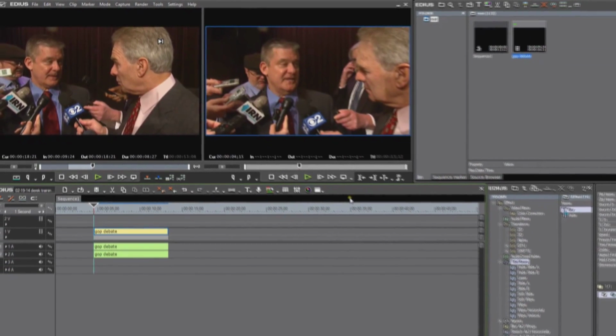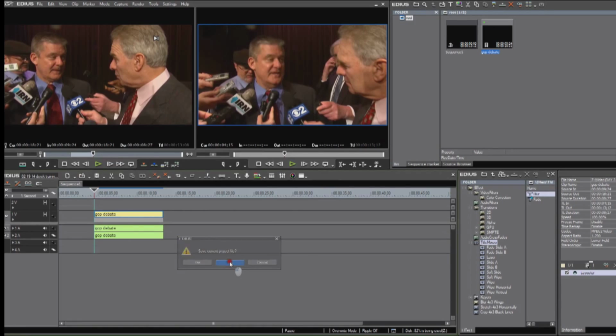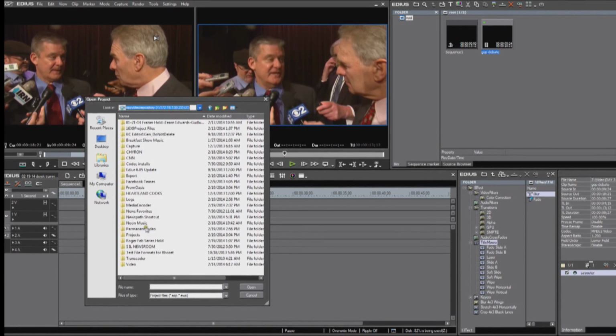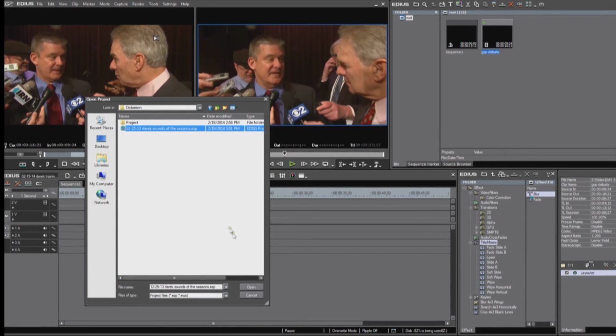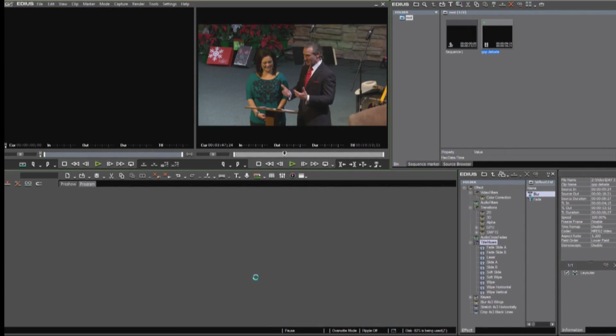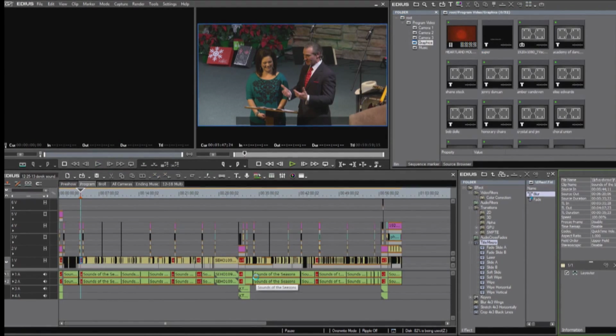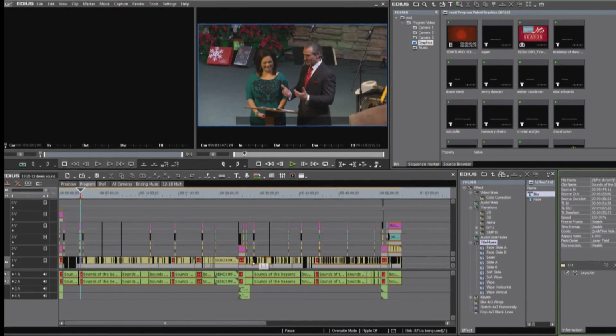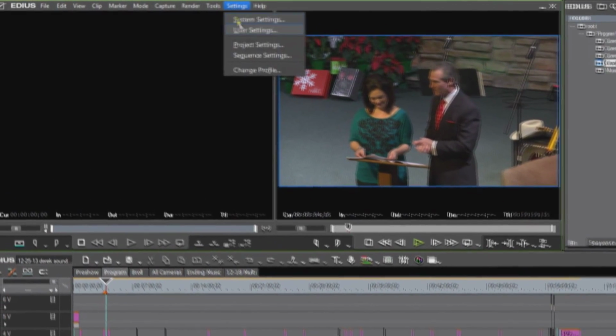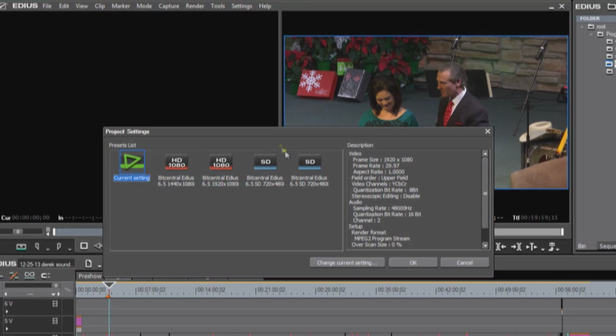Next I'm going to open a project that I already know is an HD project, and I'll show you how to change the settings to SD so that it will work for news and attach properly. So I've got my project open, and I can go to the top and click Settings and then Project Settings, and in this window you can see it's 1920 by 1080, meaning it's HD. So to change the settings to SD, click SD 720 by 480 and be sure it's 16 by 9, and